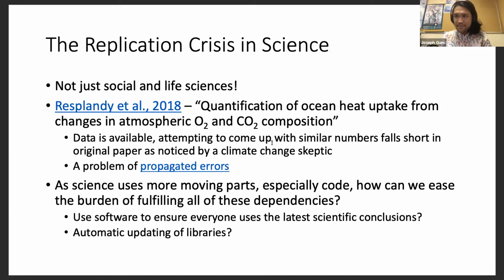And it just so happens that the reason it all fell apart is that a climate change skeptic who is a mathematician was just trying to reproduce the paper, and they realized that their error bars were wrong because of their splines. They were trying to do splines by hand. It didn't quite work out, and it was a problem of propagated errors. The authors have come out and said, you know, we're sorry. And when we actually do it this other way, we get numbers in line with what the climate change skeptic had,